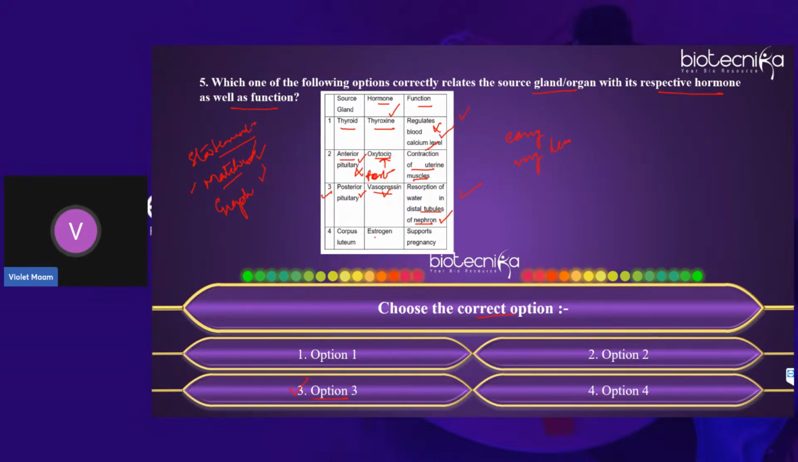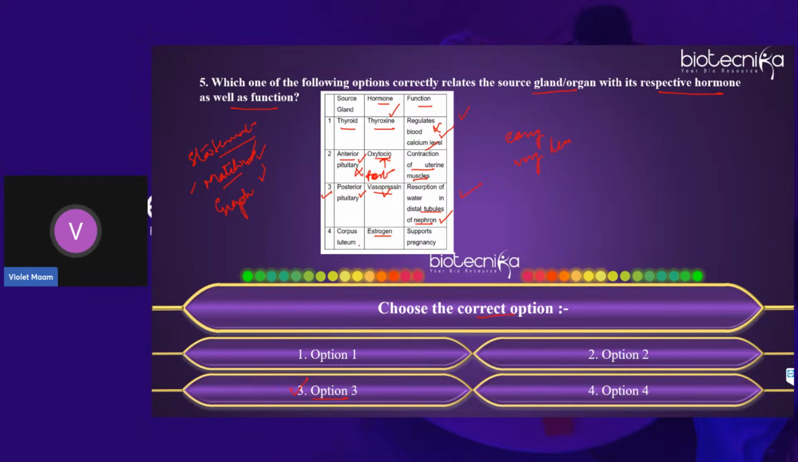Now, fourth one says corpus luteum, estrogen supports pregnancy. So, what is incorrect over here? What is incorrect over here? Hypothalamus releases estrogen. No, corpus luteum, progesterone. That is correct, but that is not the right thing that you are saying. No, first thing, why it is incorrect? Surendra, what you are saying is right, okay? But here, according to this question,